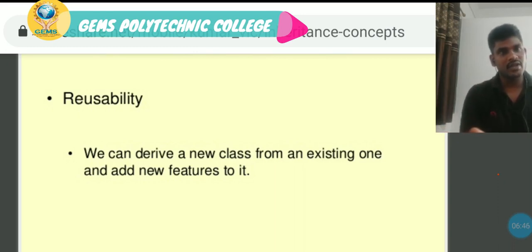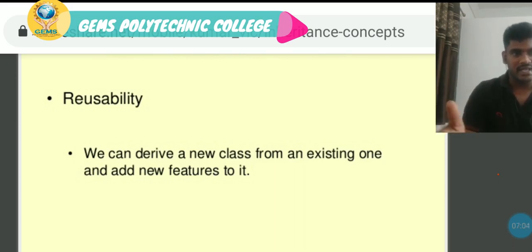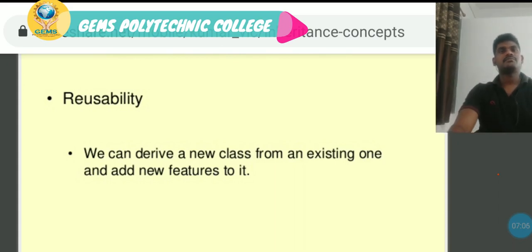Here old features are working, at the same time new features are also working. They are working together. This is called inheritance. The new mobile acquiring the properties of the old mobile, this process is inheritance. This is called reusability, and at the same time extensibility.